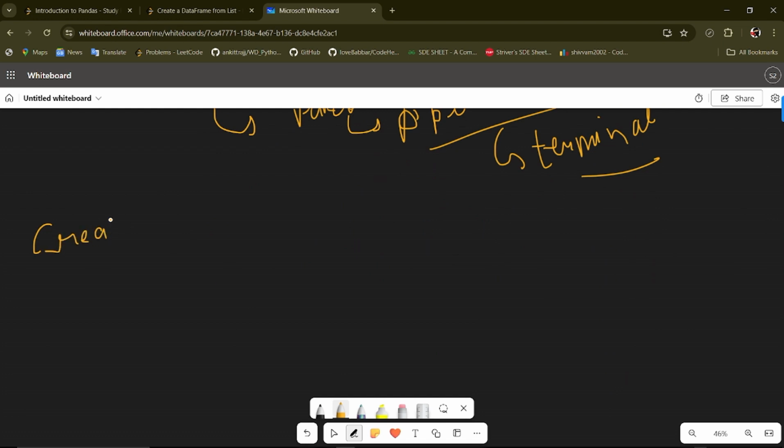Now let's import our pandas here, create our student data list.